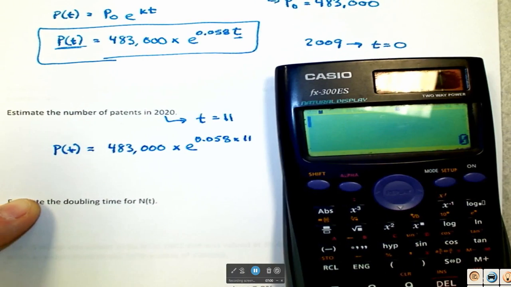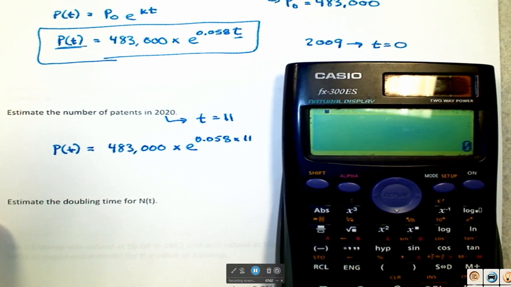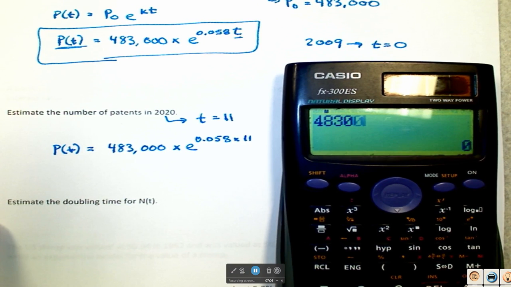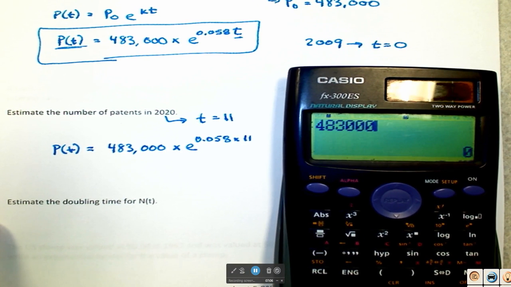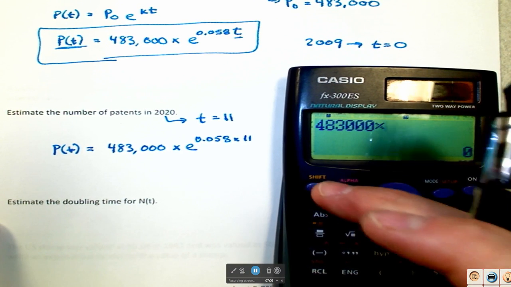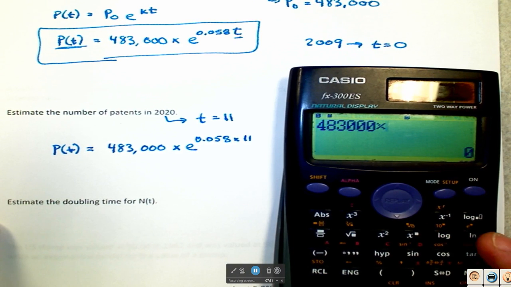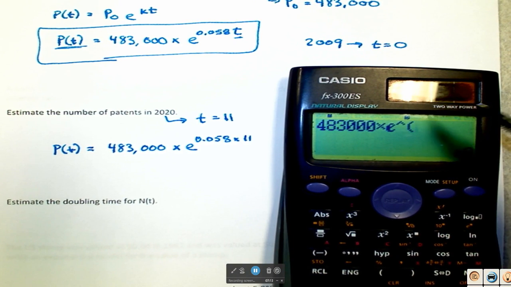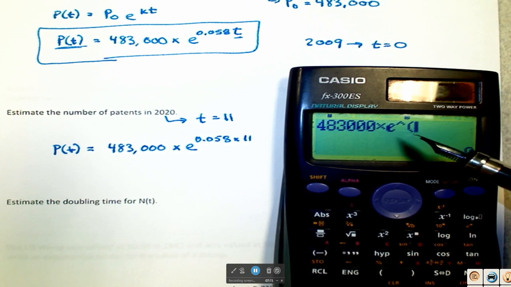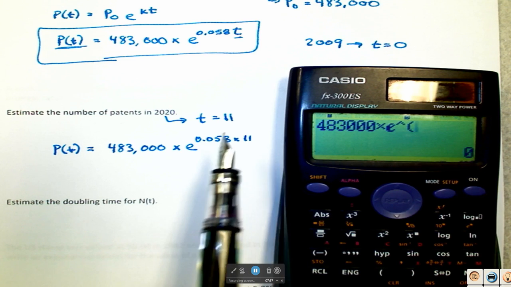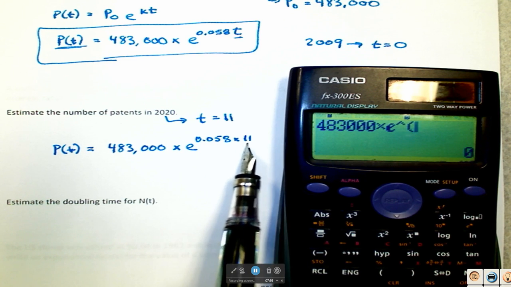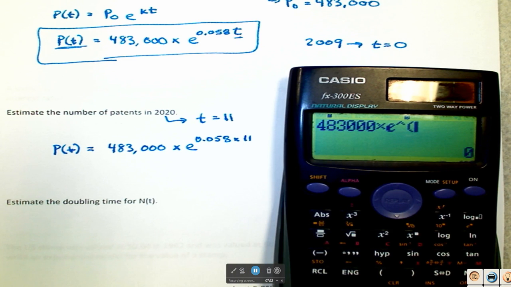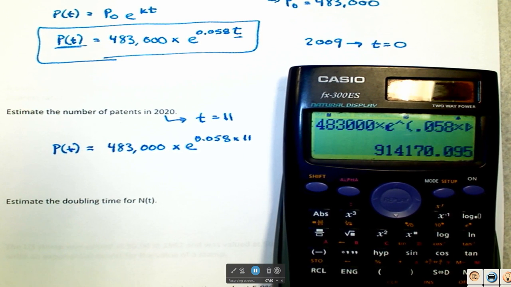Okay, so I'm literally going to type this in. So I'm going to say 483,000 times, and since that's in yellow, I have to hit shift. So shift and then E. Now, my calculator automatically puts up a parentheses, because I have to raise e to this entire exponent. If your calculator does not put a parentheses, you need to put that manually. 0.058 times 11. Close the parentheses, press enter. There's your answer,